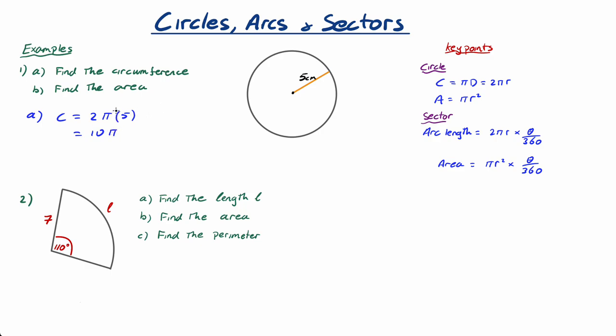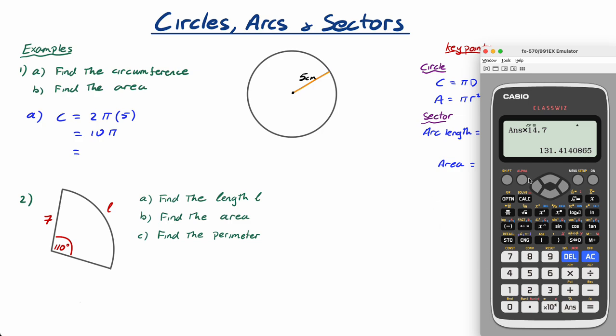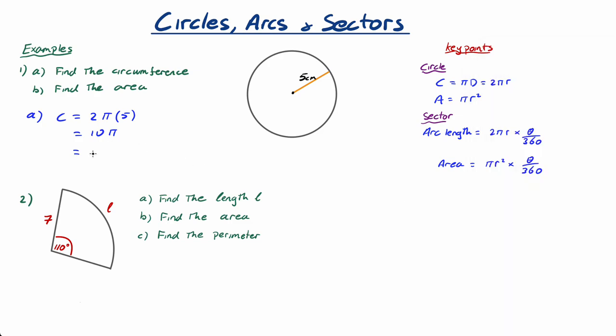Now sometimes, guys, it says give your answer in terms of pi, and then you just leave 10 pi. Or on the calculator, we can use the pi button here. Go times 10, gives us 10 pi, and then you can press that, and you get 31.42